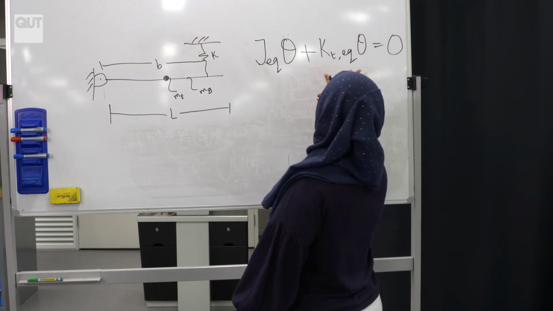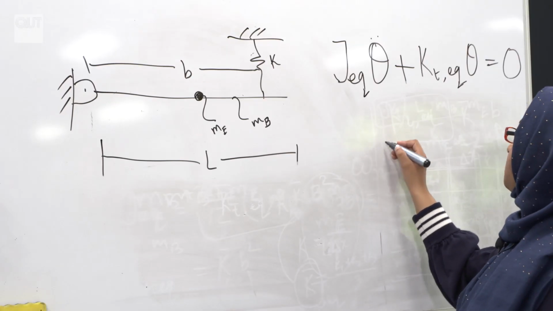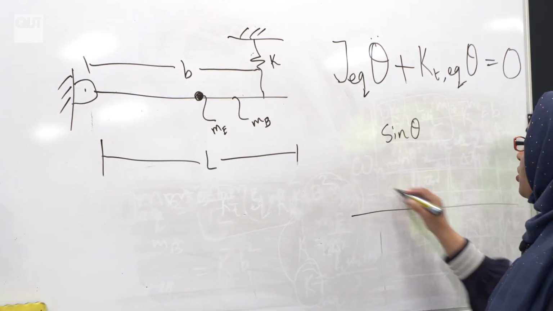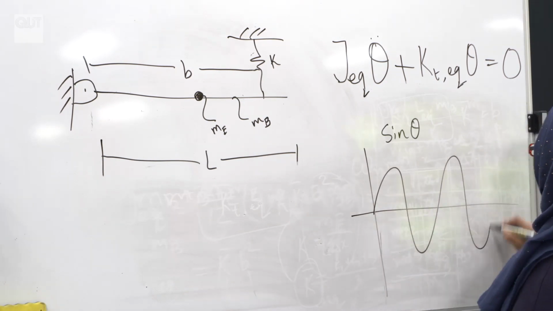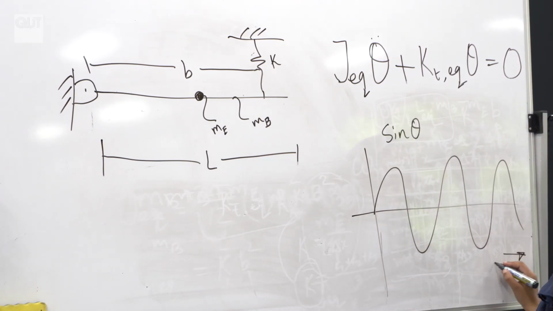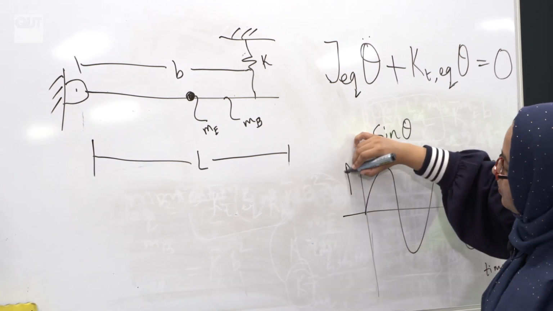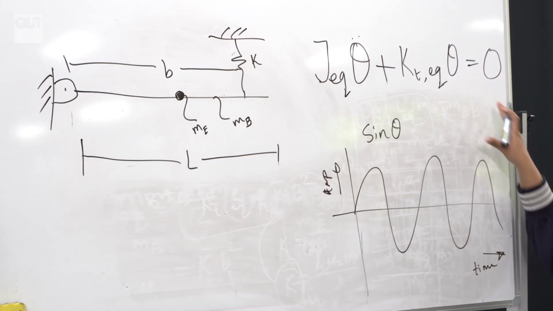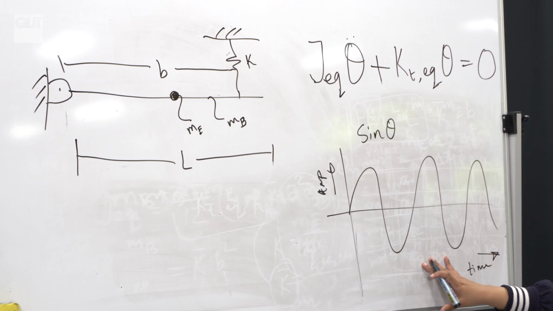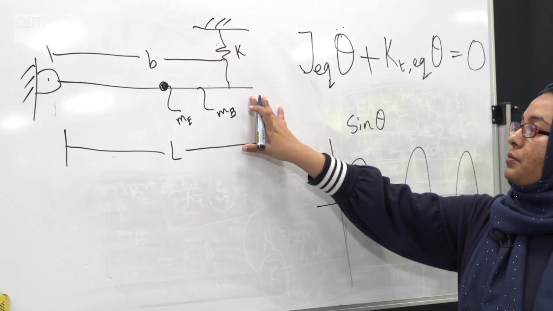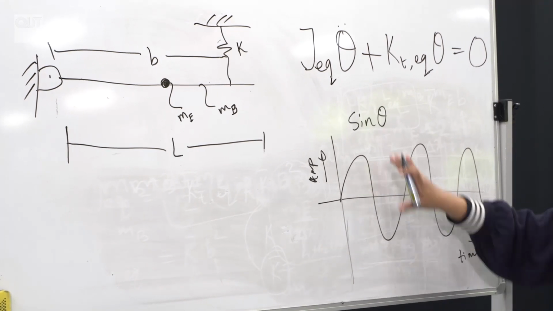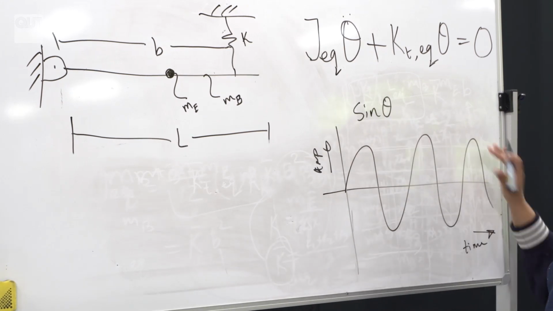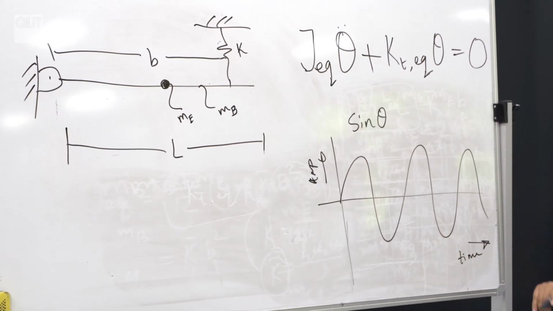So the solution of this general equation would be a sine component. Let's just draw the sine component, where this is time and this is amplitude. Theoretically, we are expecting the system that I draw here would respond like a sine wave or cosine wave. That means the amplitude will be the same. And if this is the case, then we can measure